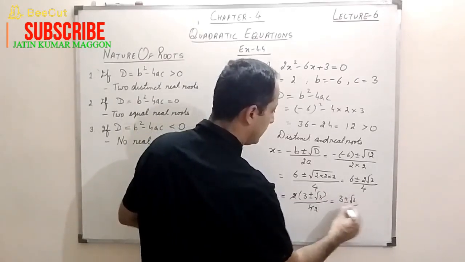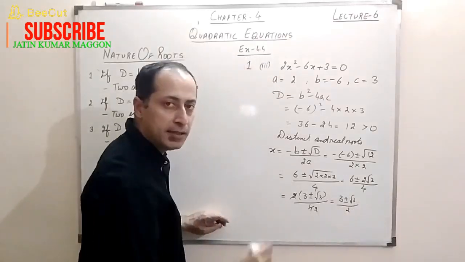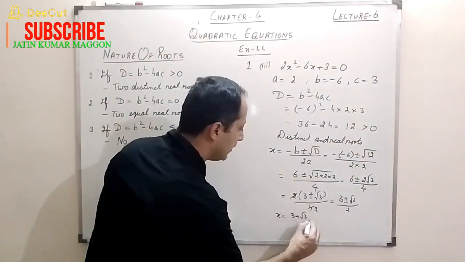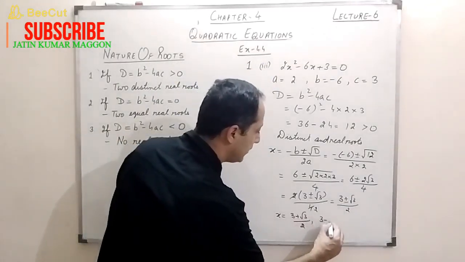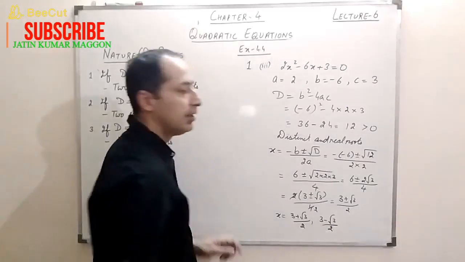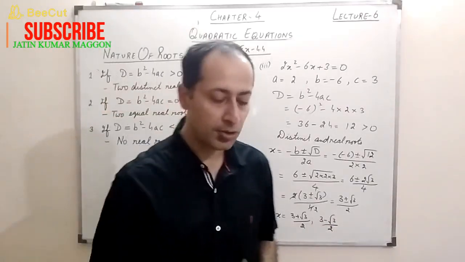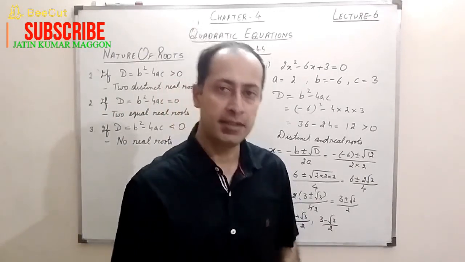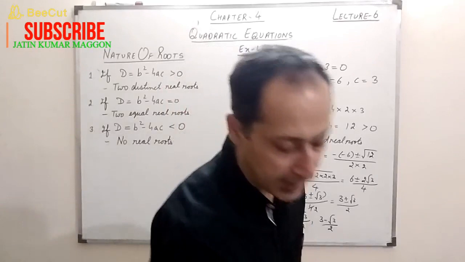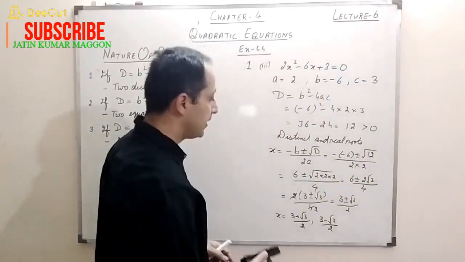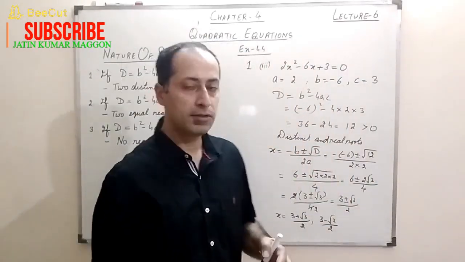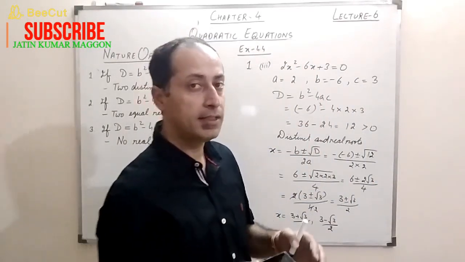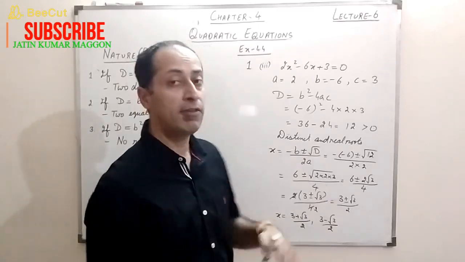And this cancels. So what I am left with is 3 plus minus root 3 upon 2. So it means the two roots are basically x equals 3 plus root 3 upon 2 and 3 minus root 3 upon 2, right? So this was the question in which we have to find the nature of the roots, and if the real roots exist, we have to find the roots also. Now we go to the next question. In the next question, what is given? Some condition for the roots is given, and some unknown constant is given in the question, and we have to find that constant.